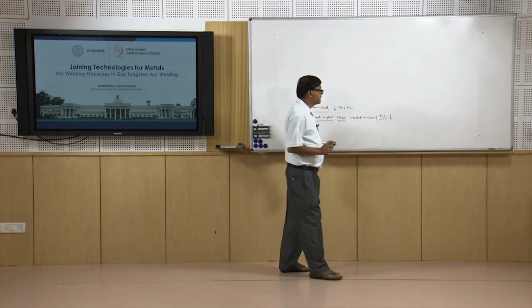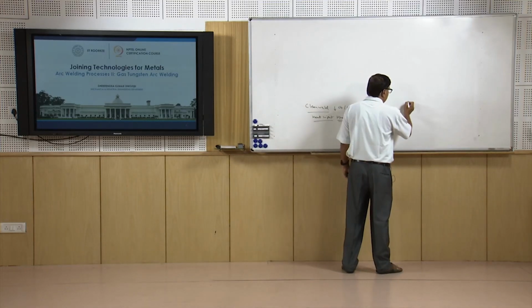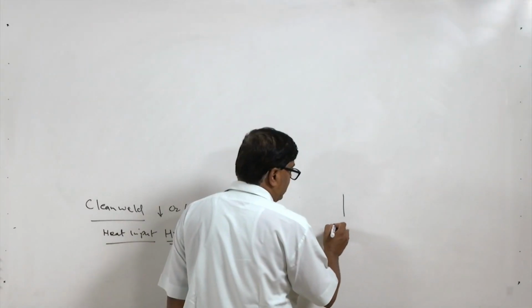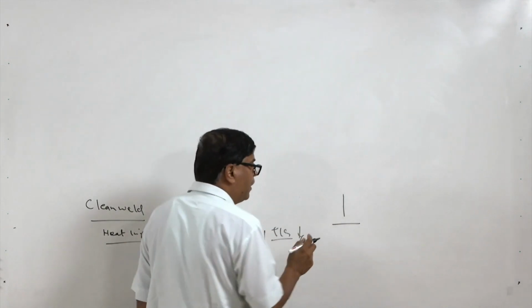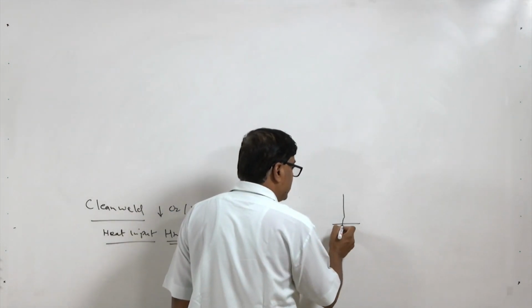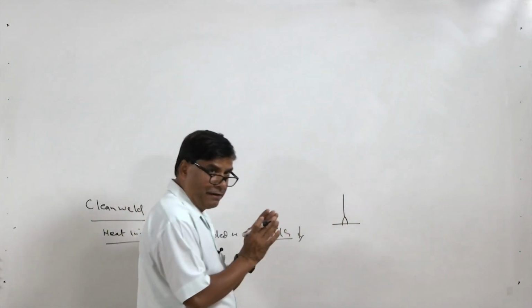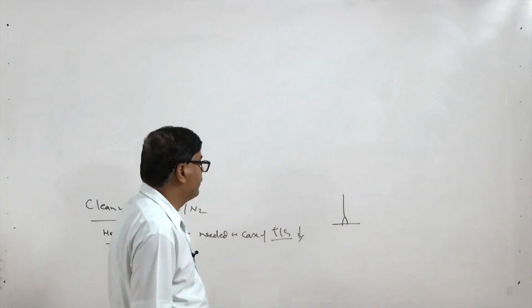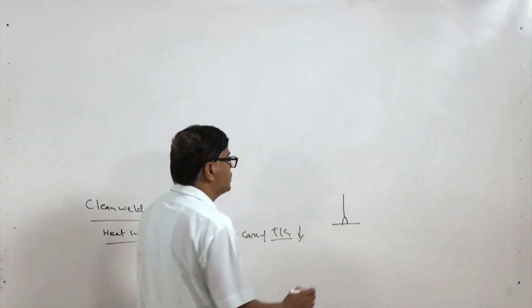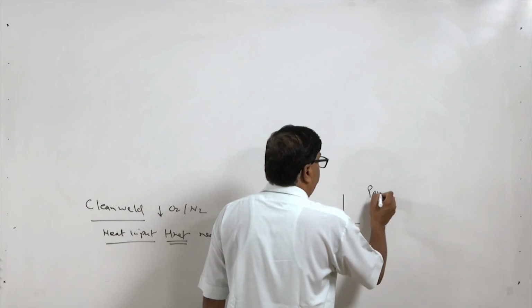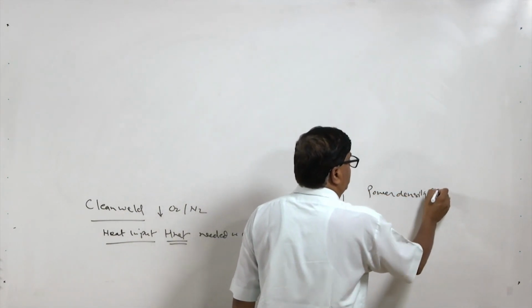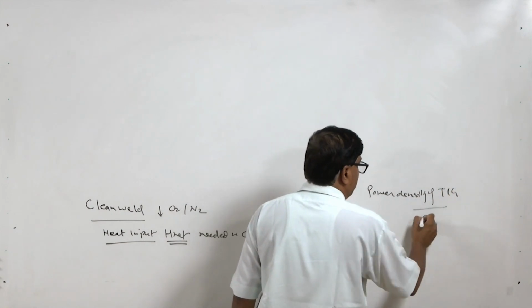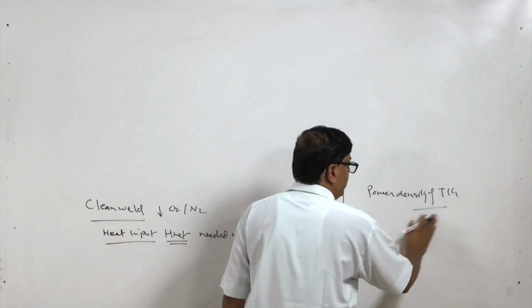The reason for this is simple: the electrode arc length is very short, the diameter of the electrode is very small, and the area over which heat is delivered by the welding arc is very small. So, the power density of the TIG is much higher than the